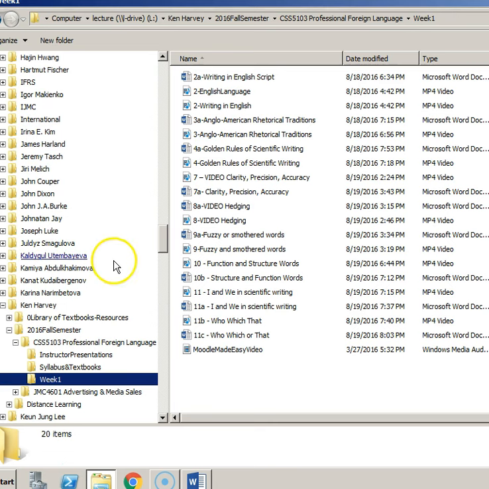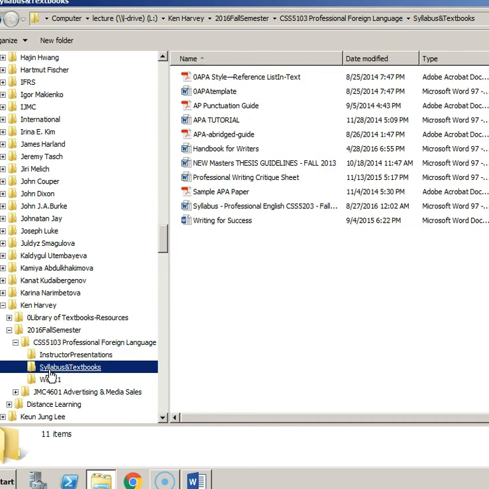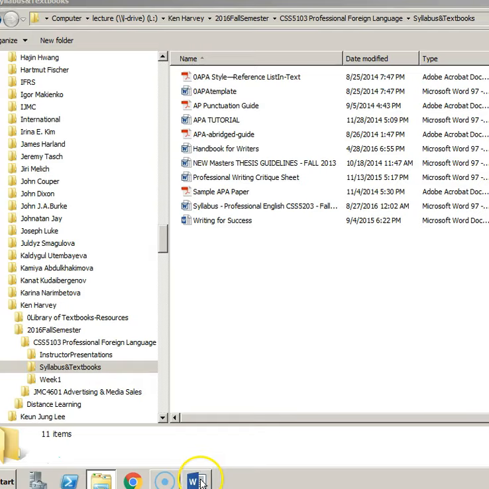So that's where you find stuff. I guess you still need to get into a computer, so you still need your ID and password to get into the L drive. But it's a little bit easier than getting into the e-learning system, but not much actually. Okay, going back to the syllabus.